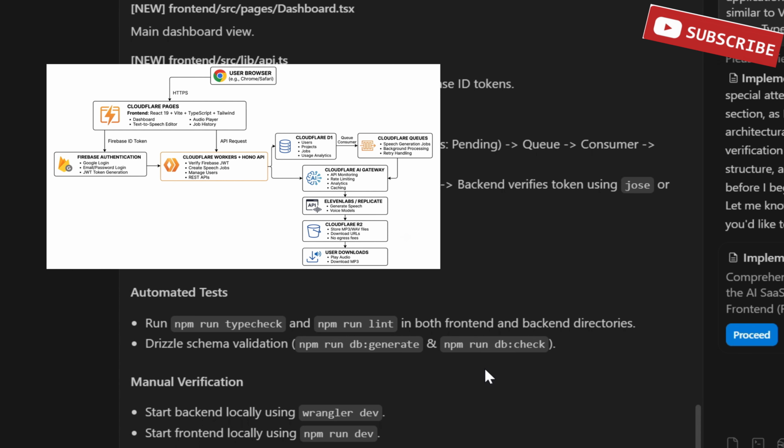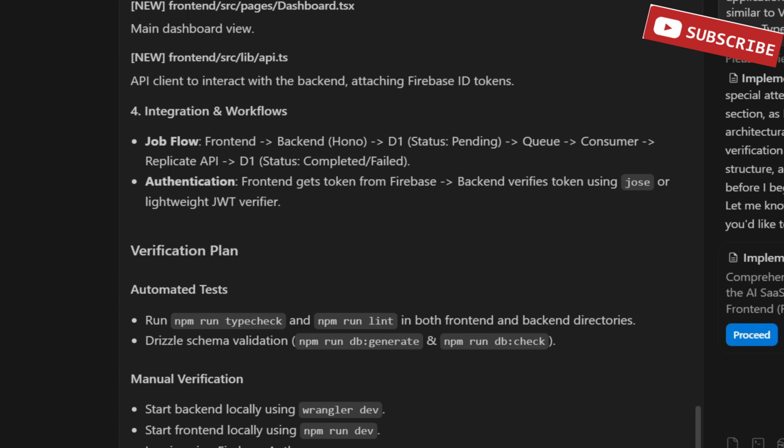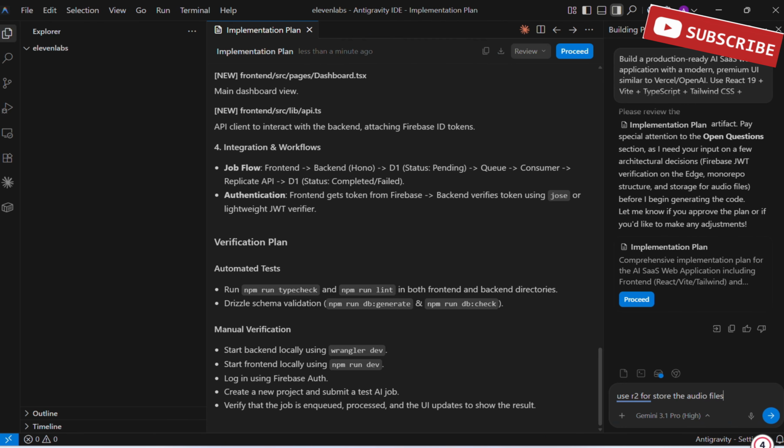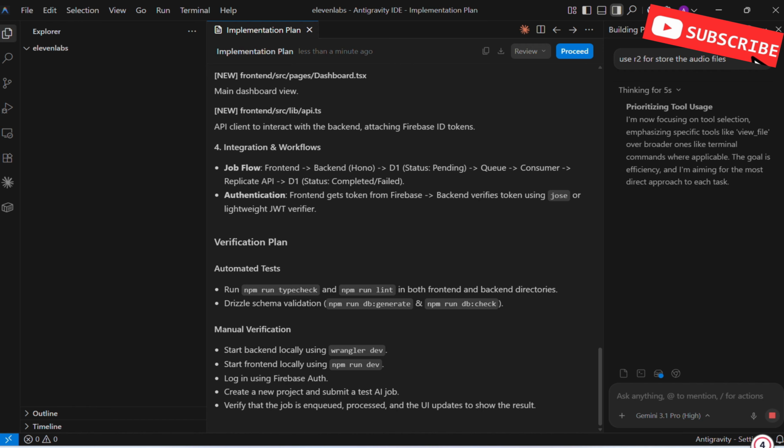Configure Cloudflare AI Gateway to securely manage all AI API calls and create an R2 bucket to store generated audio files. You'll also learn how to connect everything together from user authentication and database integration to queue consumers and audio downloads. Finally, we'll deploy the entire application to Cloudflare and see how to run a professional AI SaaS product with